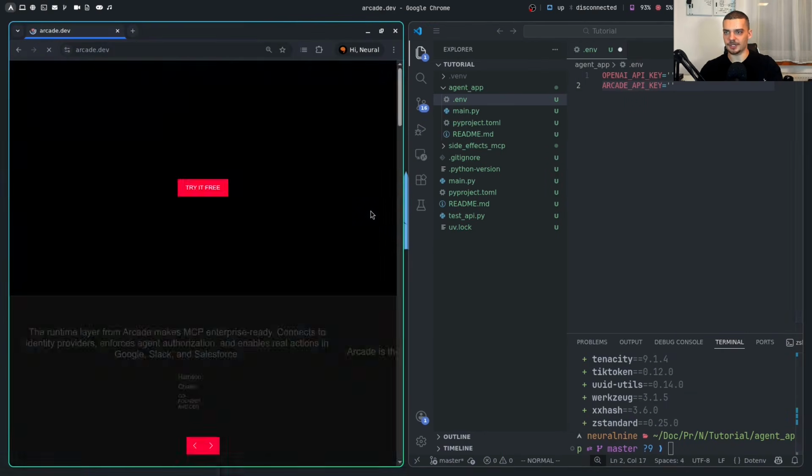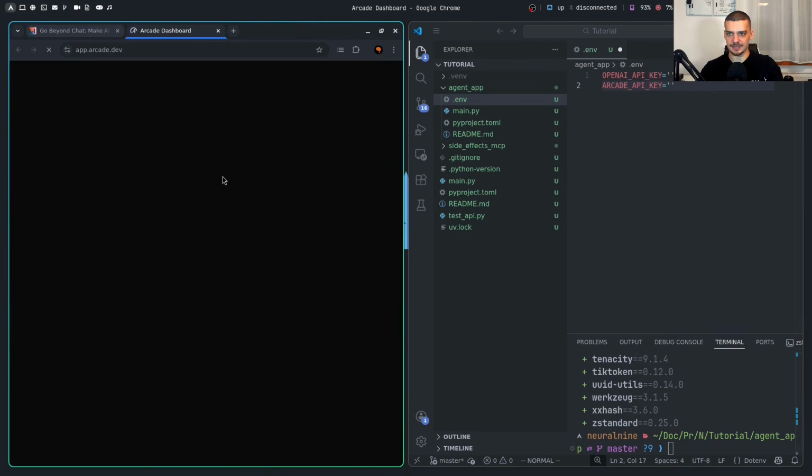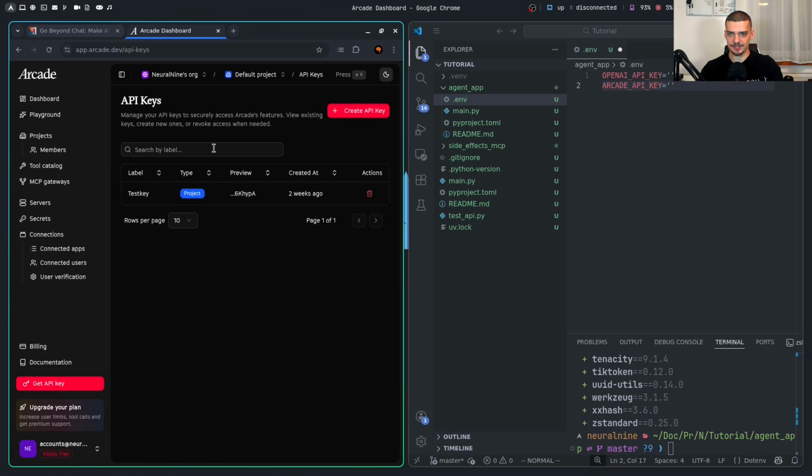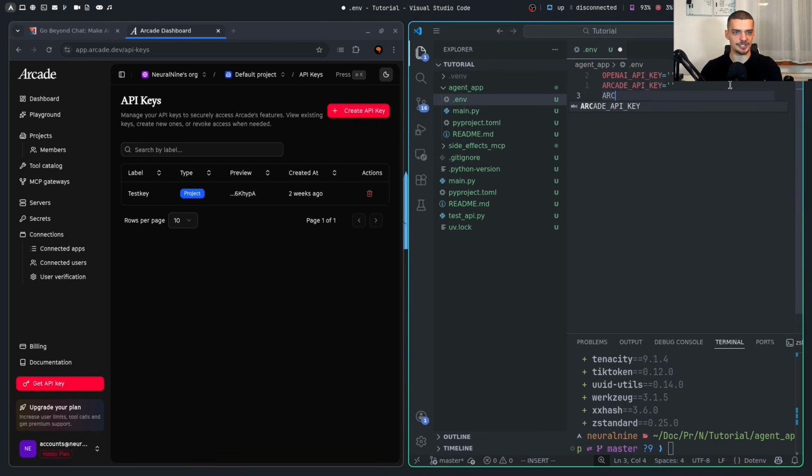For Arcade, we're going to go to arcade.dev again into the dashboard. And then down here, you can easily see get API key. So you can create an API key, copy it. I'm not going to do it because I already have one that I'm going to use here. But you also need to specify another field here, which is the Arcade user ID. And that is just going to be the email that you're using for your specific account. So in my case here, it's accounts@neural9.com,